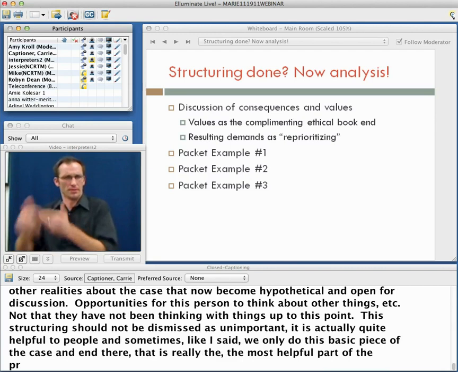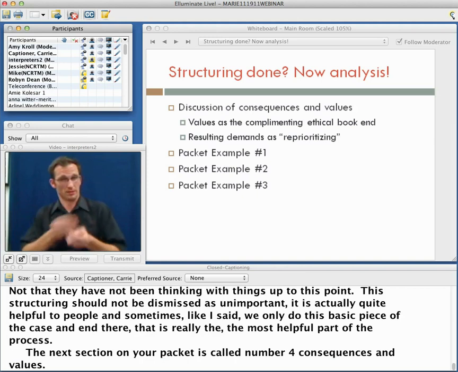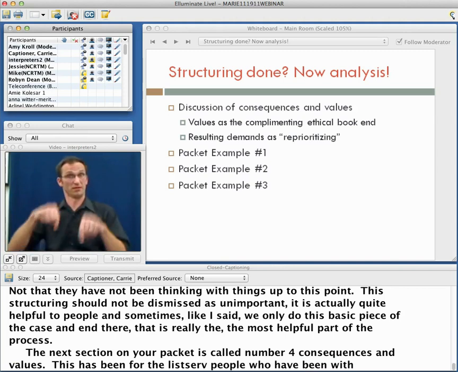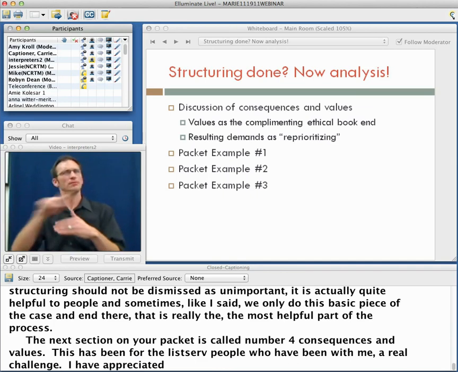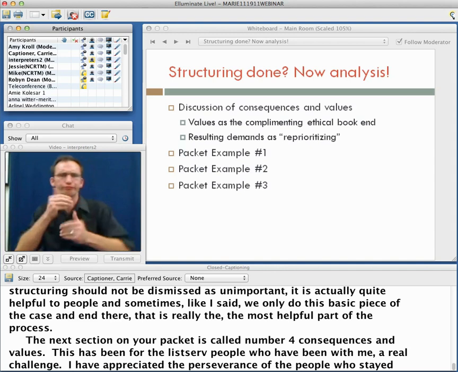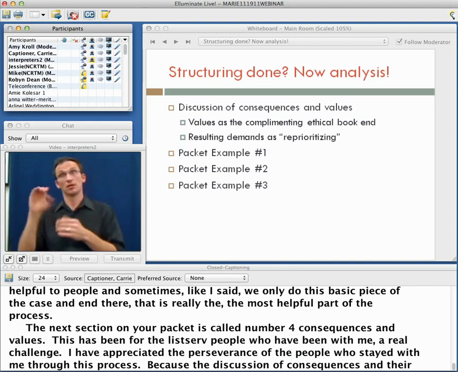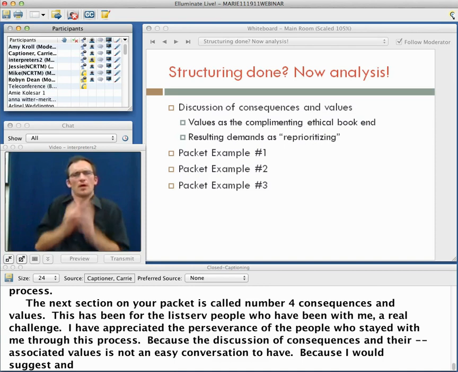The next section on your packet is called number 4, Consequences and Values. And this has been, for the listserv people who've been with me, a real challenge. And I have appreciated the perseverance of the people who stayed with me through this process, because the discussion of consequences and their associated values is not an easy conversation to have, because I would suggest, and having been doing recently for my PhD work,